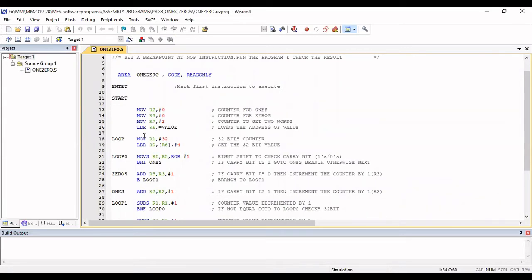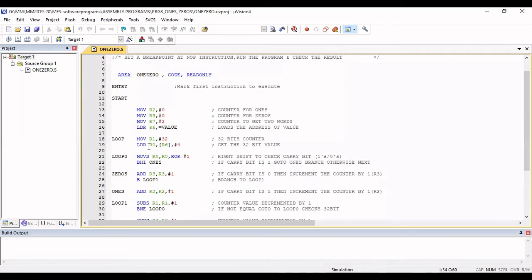For that reason, in R1 you are storing the value 32, meaning the loop is repeated 32 times, to check all 32 bits positions, whether zeros or ones are there, to count them. So R1 is loaded with 32.